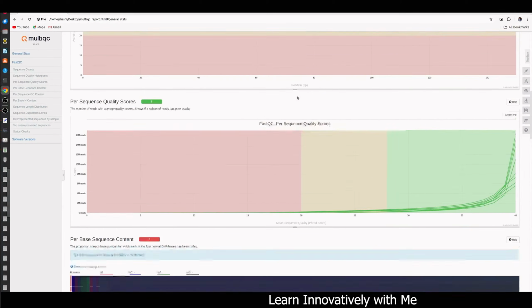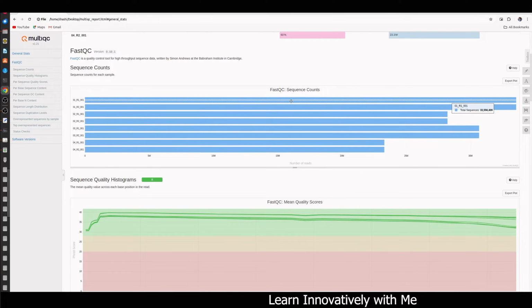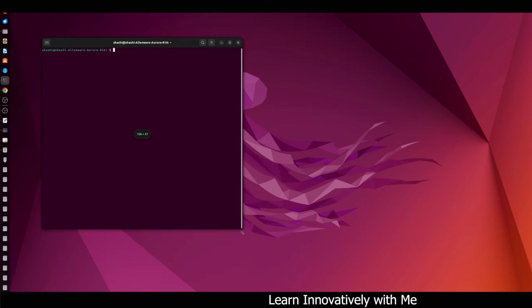how you can perform MultiQC to see all the results of FastQC together, so you can better understand the data. And I will also discuss how you can prepare your script to analyze your data. So we will start today by creating a script file as well in this tutorial. So let's start. Now I'm going to open the terminal,